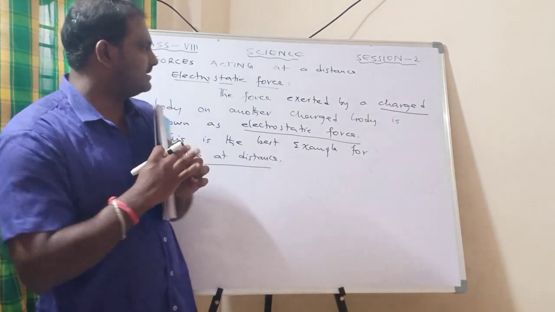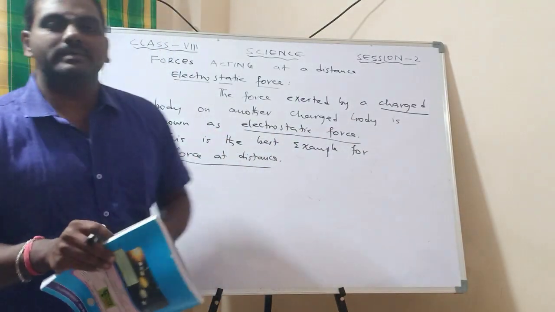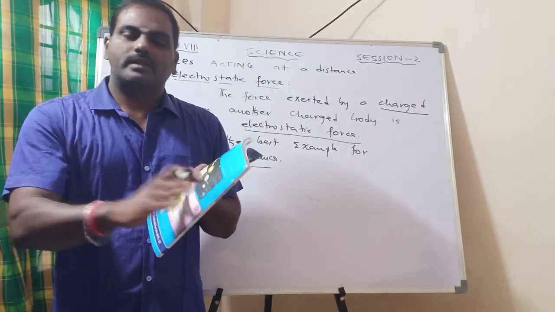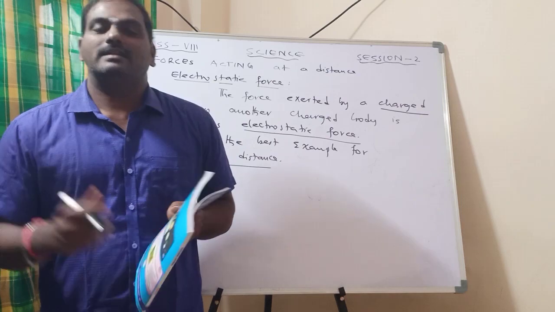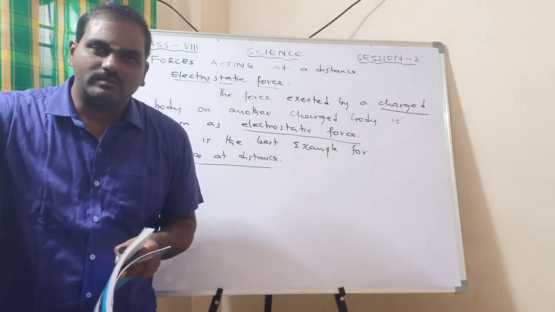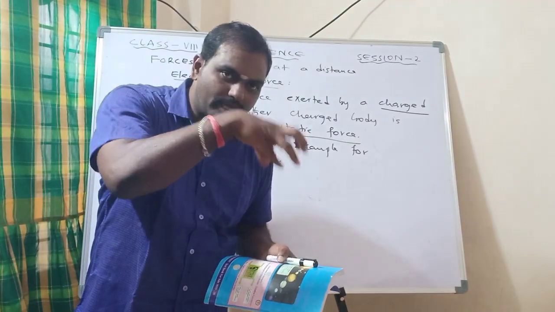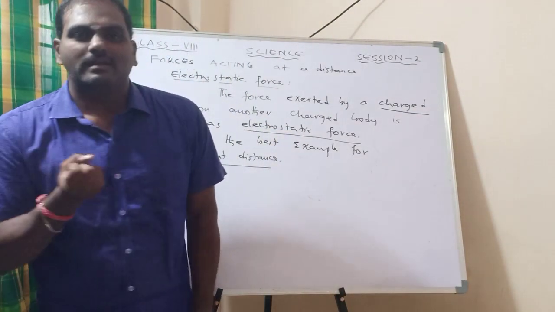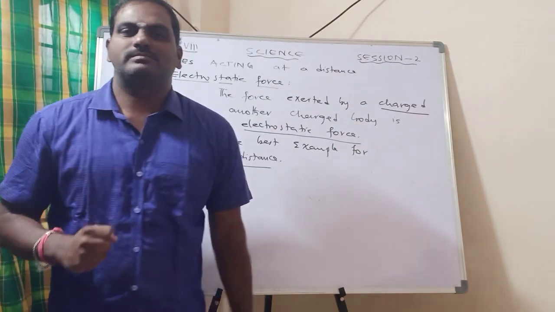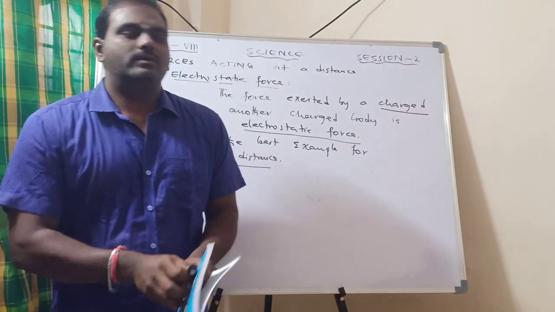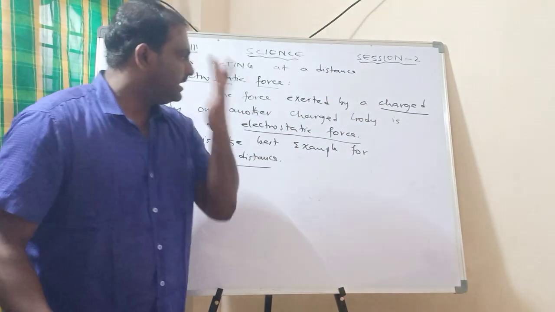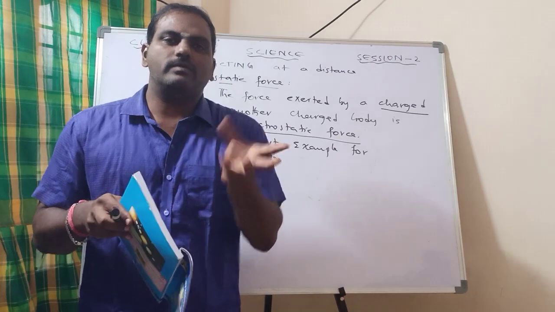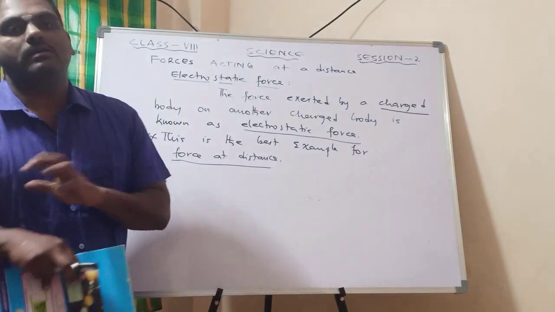That is the point. This is a charged body. How does it become charged? When the balloon is rubbed with the paper, it automatically gets some charge. Now after that, bring that balloon to the papers which we kept on the floor. You just try it. What happens is that the paper will come and be attracted to the balloon, because we rubbed it with the paper. So this is a charged body, and now the papers are also charged. Whenever we get this, automatically a force will come, without contact.